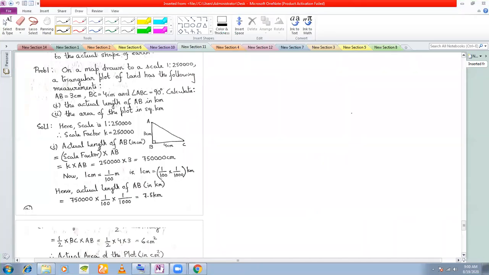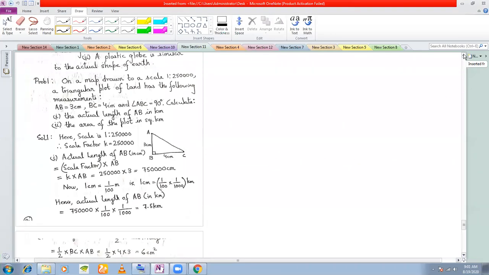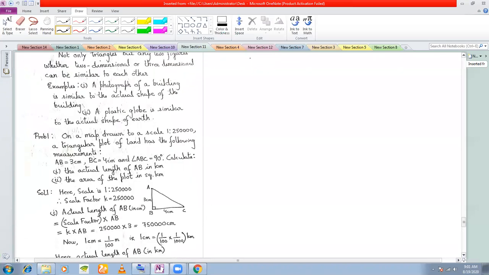On a map drawn to a scale of 1 is to 2,50,000, a triangular plot of land has the following measurements. Now remember, before I start this problem, what I forgot to mention was that in any such problems, the